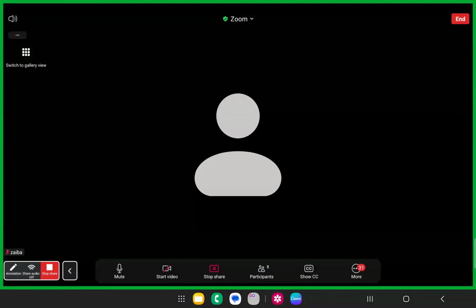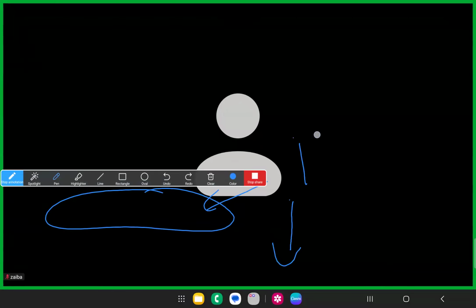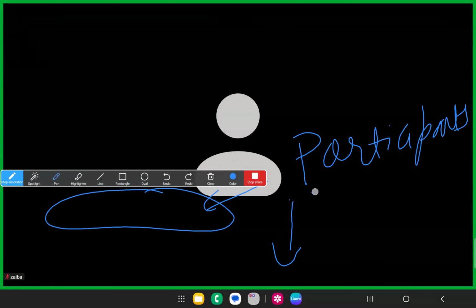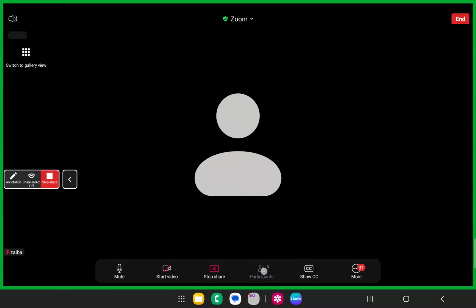Okay. I've already shared the invite link on WhatsApp, right? So now you all have got into the session. So the very first thing I have to do in this Zoom screen is click on the participants. Listen very carefully. I have to click on the participants button. Every day, this is the thing that I have to do. Okay, participants. Please note this. This is a thing that you as an online educator must do. Right? Click on the participants.